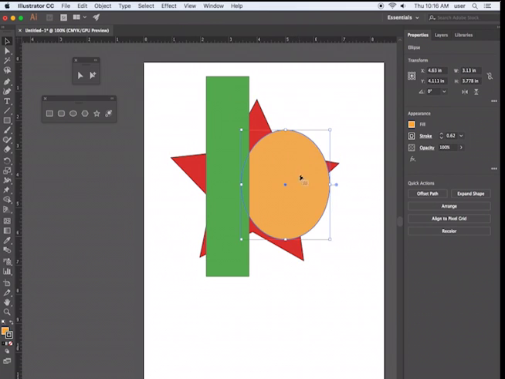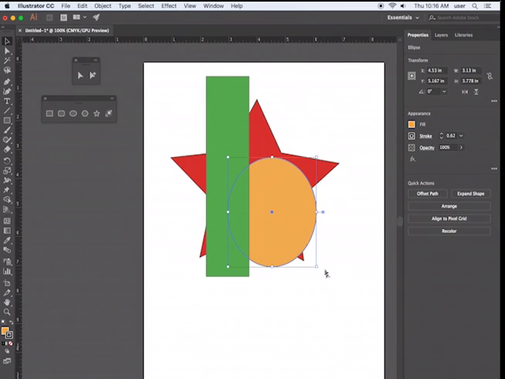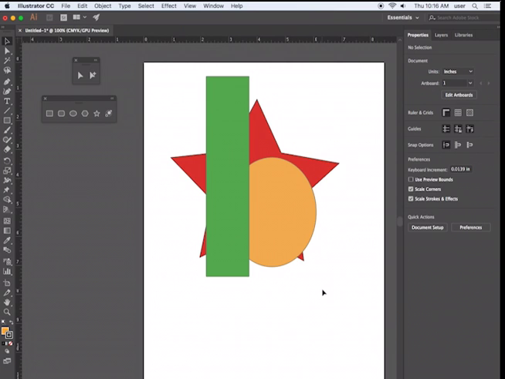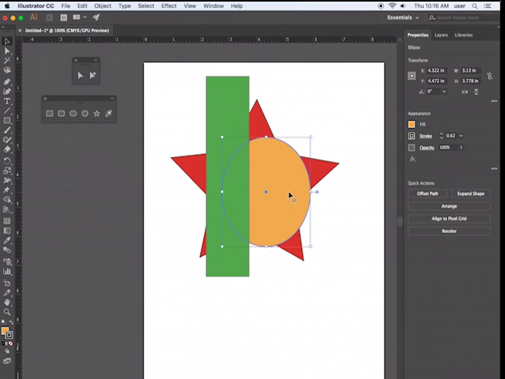So we have 3 shapes, 3 different colors. They all overlap. Now, I'm going to pick the middle shape. We talked about shortcuts on how to bring things to the front and send them to the back. In order for me to bring this shape in front of the green,